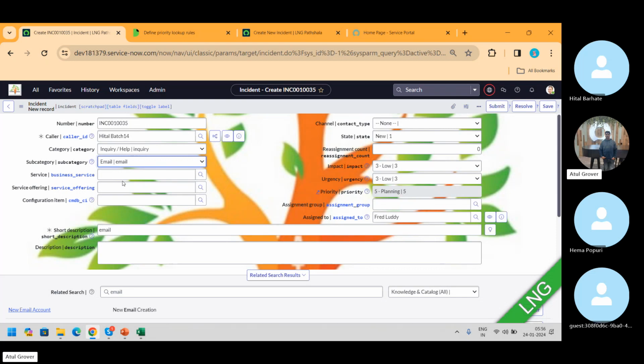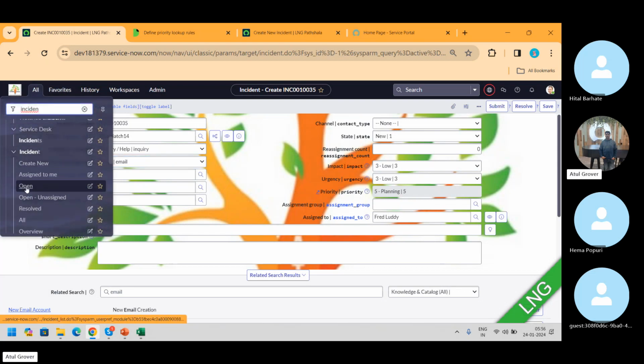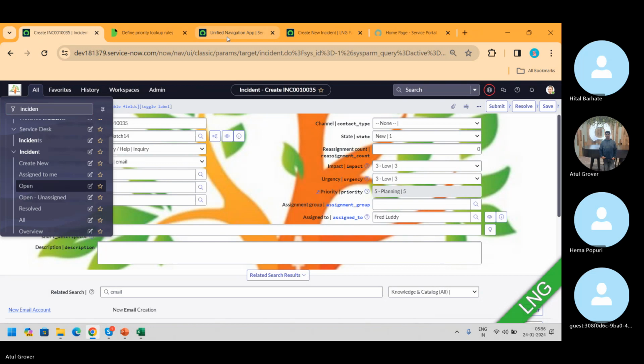And also these are not the only fields. If you go to the incident table, you will see a few more fields there: resolved, resolved by, resolved at, resolved time, and a few more. There are like 30-40 fields on the incident table. So what is your homework today? Go to the instance, open incident and go to open and bring the